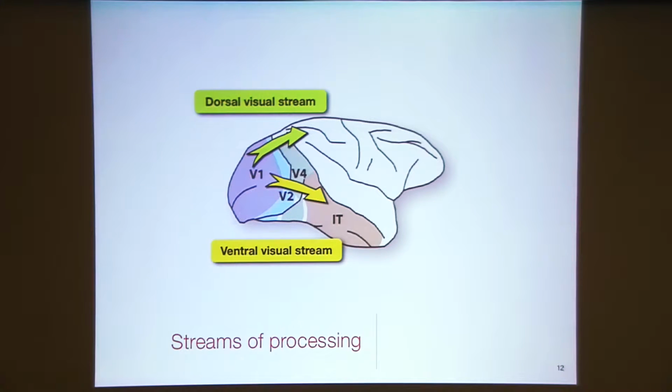This has to be contrasted with a dorsal visual stream, which again starts at the back of your head in the primary visual cortex and runs towards the top of your head. The dorsal visual stream, to a first approximation, seems to be mostly involved in the processing of motion information. And I'll show you a computational account of that stream after the break. And also in the representation of spatial relationships across objects in visual scenes. And I'll integrate those findings tomorrow when we discuss attentional and top-down mechanisms.